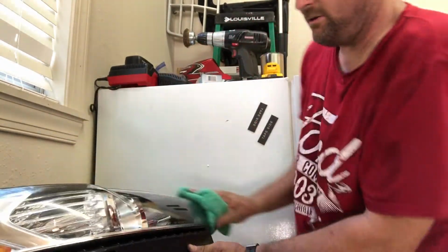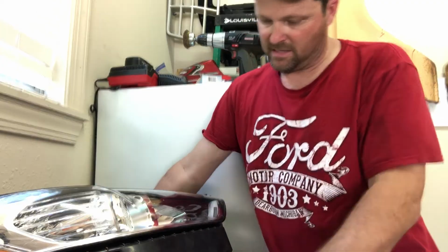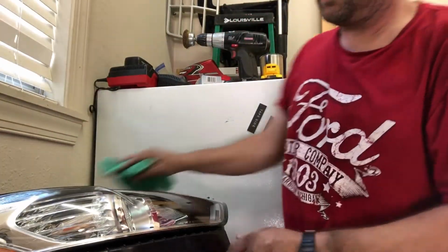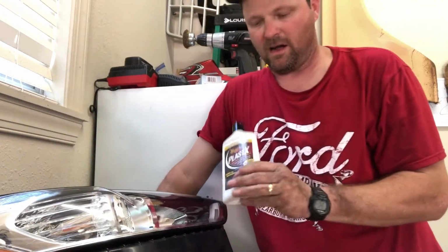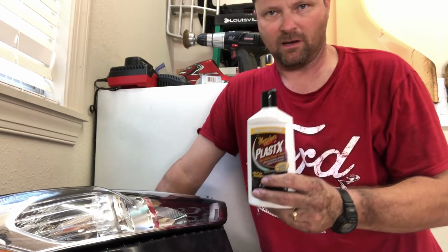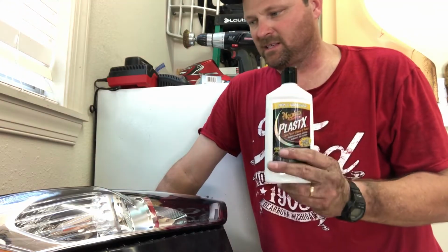But this car is a 2014, sold in 2018. It's almost 4 or 5 years old. And these headlights look brand new. So that's one thing you can do. This Meguiar's Plastic X, sold at Walmart, probably Target, AutoZone, everywhere. Easy, cheap